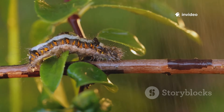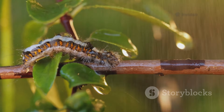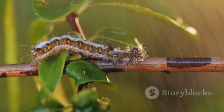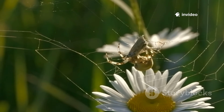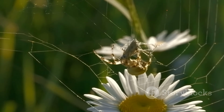life. As it grows, it sheds its skin several times, each molt revealing a slightly larger, fuzzier version of itself. Eventually, it stops feeding and begins a new quest, searching for the perfect hidden spot where it can safely begin its transformation. Using its own bristles and a special silk it produces, the caterpillar carefully weaves a tough, protective casing